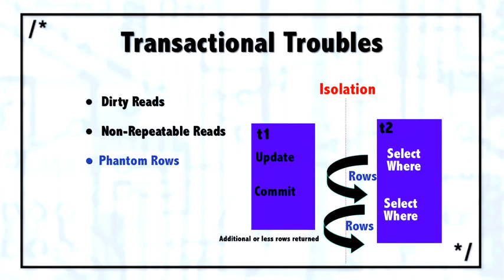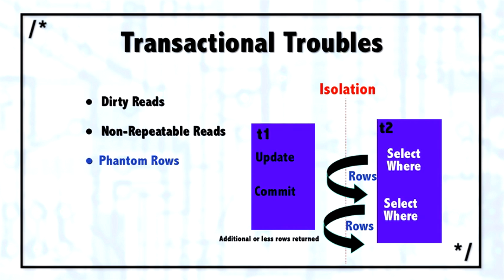The third type of transactional fault is a phantom row. And what will happen in a phantom row is that one transaction can see another transaction's new rows. And the phantom row could either be a new row that is inserted or maybe a value changed, so that now that row shows up in the where clause. Looking at the diagram,